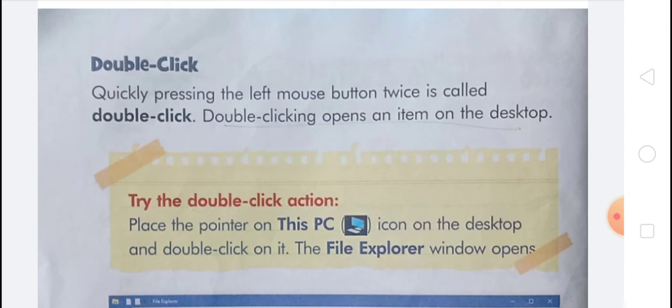Computer mouse. A mouse has two buttons and a scroll wheel. They are called the left button and the right button. And the scroll wheel is used to move a page up and down on the monitor, and this is called scrolling. The mouse is also called a pointing device.